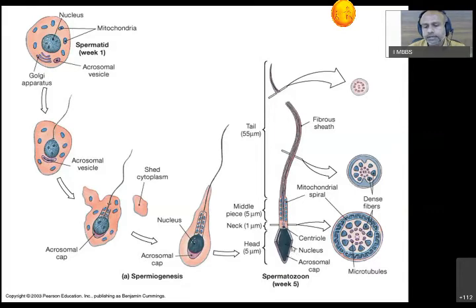The nucleus will contain the condensed DNA, centriole, the microtubules from proximal to distal centriole, and the surrounding mitochondria. Here you can see, when we take a cut section through the middle piece, underneath the cell membrane a thin rim of cytoplasm, followed by mitochondria that provide the ATP for the movement of the flagellum. These are the coarse fibrils, the petal-shaped structures, and the microtubules. Underneath that, again, the pair of doublets of microtubules surrounding a single doublet of microtubules.